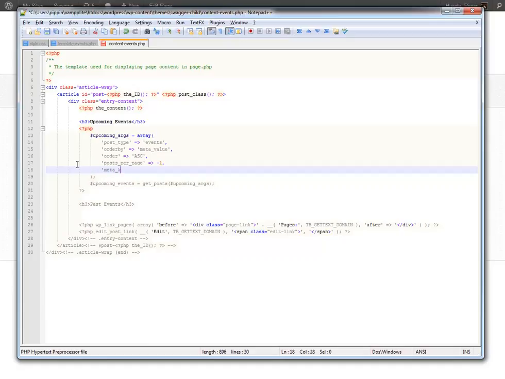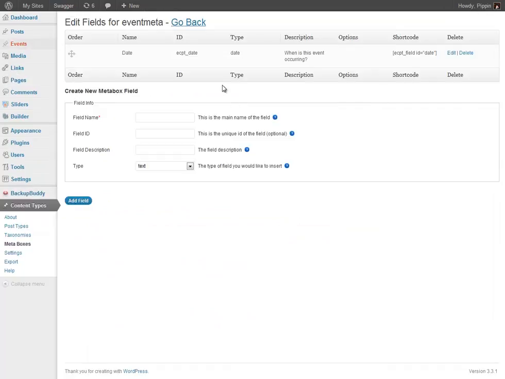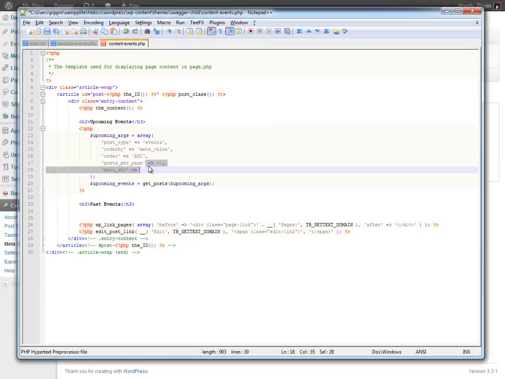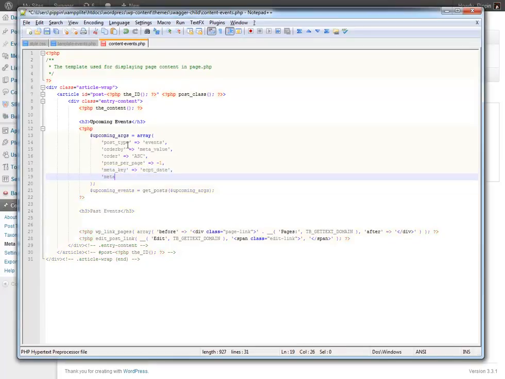Now we're going to say meta key, and this is going to be the ID of the field that we want to query. So if we go back to our meta boxes, we see that we created this date field, and it has an ID of ECPT_date. So that's what we're going to use for the meta key, just like that. Meta value